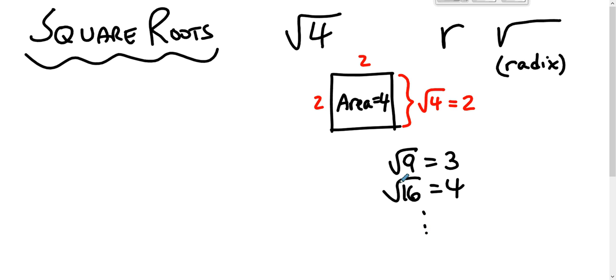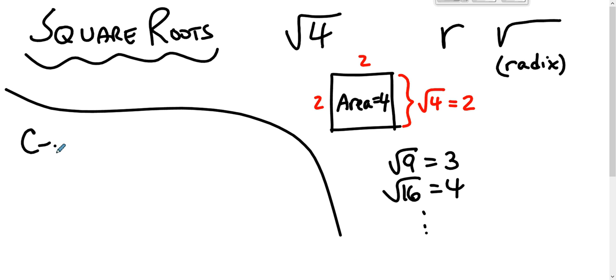This is the symbol for the positive square root. There are 2 square roots of 4. There are 2 numbers that square to 4, but when we write this symbol it calls for the positive one. And we can extend the notion. We can come on over here in Scrapland